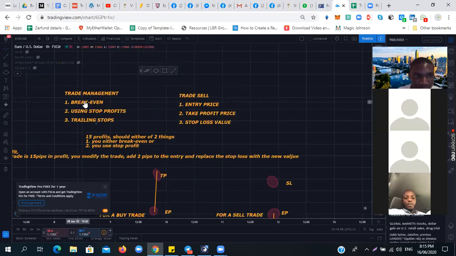All right, so we have break-even, we've talked about break-evens, using stop profits, then trailing stops. Trailing stops is mainly used for MT4. If you are not on MT4, trailing stop will not work. It's going to be used on MT4 for your laptop, not for phone. Trailing stop will not work for your phone. It will only work for your computer. And what it is, you set it in such a way,